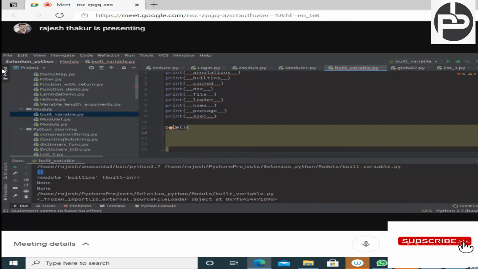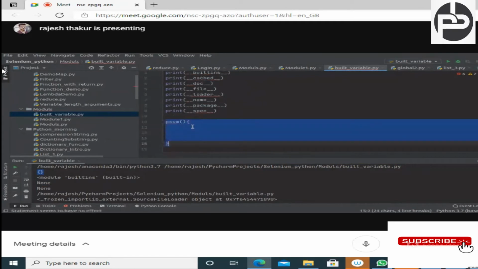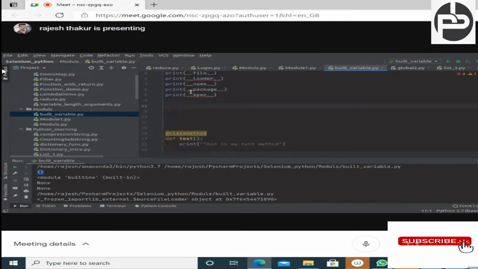Similarly, name is a kind of variable which will decide from where the program needs to start. We'll talk more about these variables in a later session once we start modular programming. Modular programming will start, I guess, from next week, so at that time you will get to know everything.